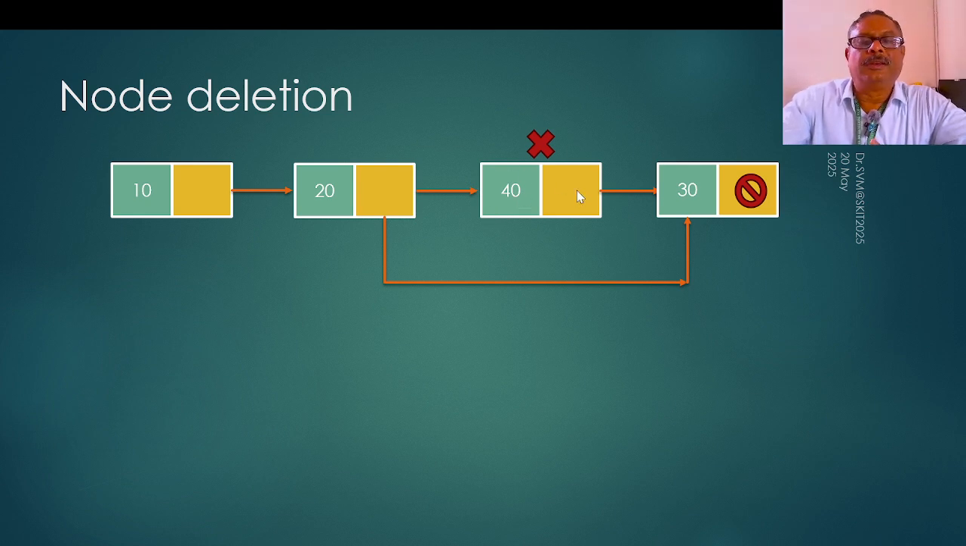So before deleting this node, I just check what is the address written here in the next of this node. So it is talking about this node. So this address is copied over here. So once this address is copied over here, this no longer exists, and this connection is automatically made just because